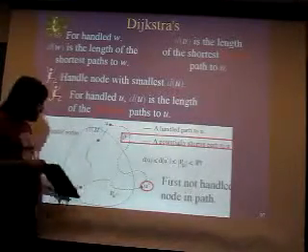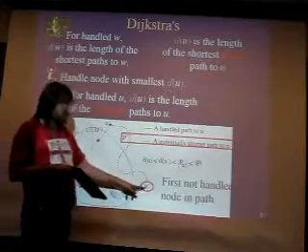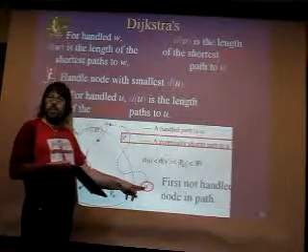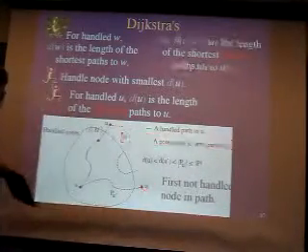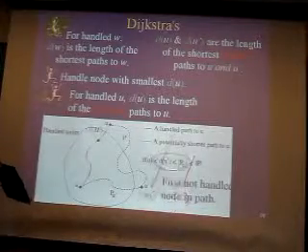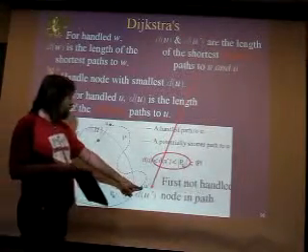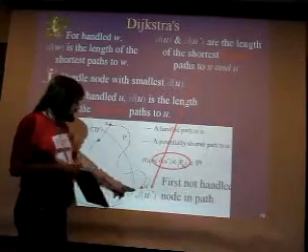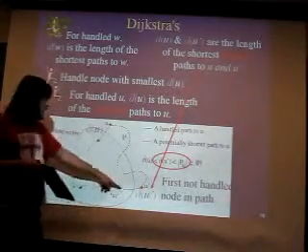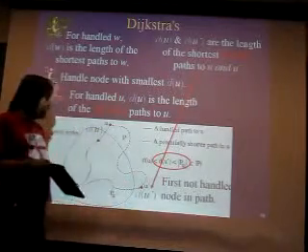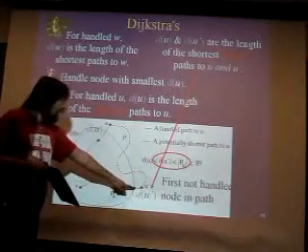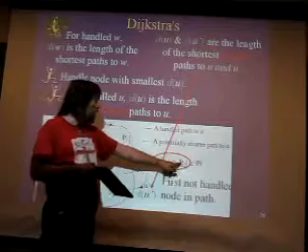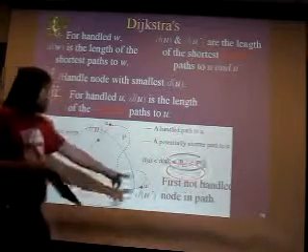And how do we do that? Well, start from S, follow this path until you get to the first unhandled node. All right? And what do we know? We know that this unhandled node, what's the length of this path here? This length up to here, which we call path u prime, it's got to be